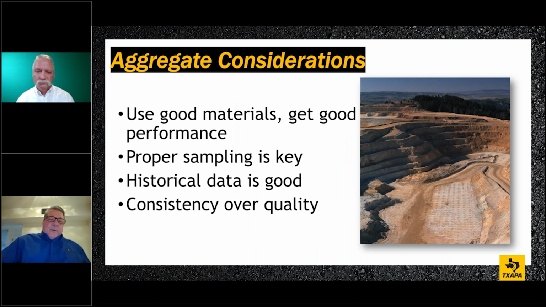Okay, aggregate considerations. We need to use good, clean materials for good performance. We need to properly sample. We need historical data. And this is something that I find kind of strange, but it's not. It's consistency over quality. And when I say consistency, we need our aggregate source to be consistent. We need it to have the same characteristics each time. And the reason that we need that is